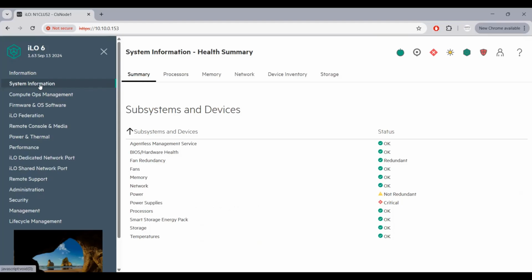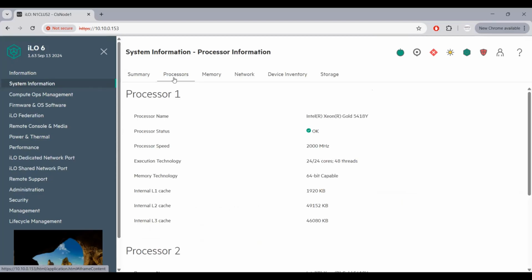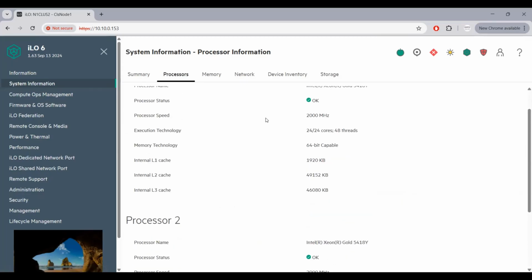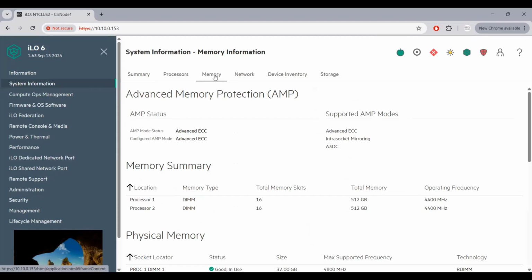At level 2, this information is regarding the processor. Here I have two physical processors available, and their health status is going well, you can see on the screen. If I move forward, the next compute option is regarding the memory, and on this specific server I have almost 1 TB of memory available, because it's an enterprise-level server. I'm going to implement a number of virtual machines, or a virtual infrastructure, on this. That's why I configured almost 1 TB of memory on this server.